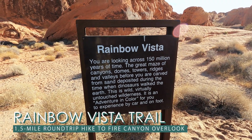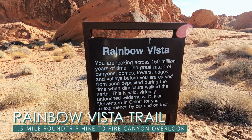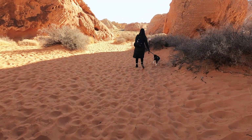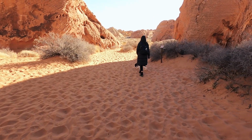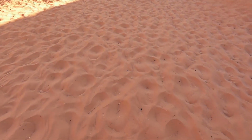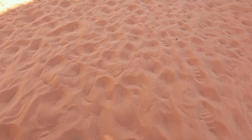Alright, we are at Rainbow Vista now, and it says you are looking across 150 million years of time. We're hoping it's not sand the entire way. This will be very difficult. But yeah, it's like fine red sand. Kind of like the sand we saw at our...